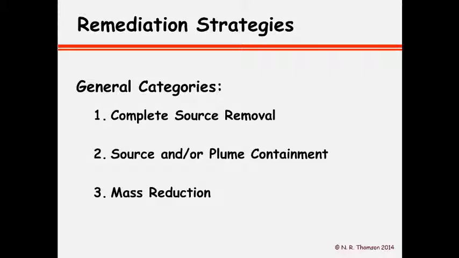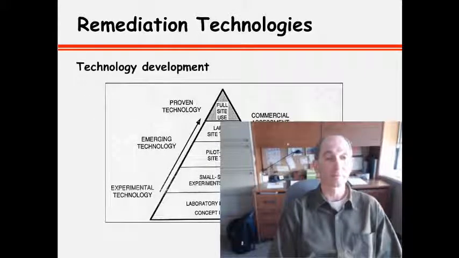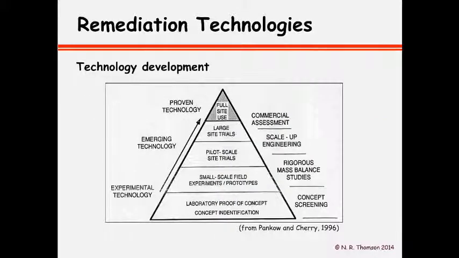The general strategies for site remediation are very broad categories: completely removing the source and/or plume containment, or possibly reducing the mass in the source area or within the plume, thereby getting the concentrations down or below regulatory standards. The technology development triangle here, from the book by Pankow and Cherry, shows very clearly that technologies begin perhaps